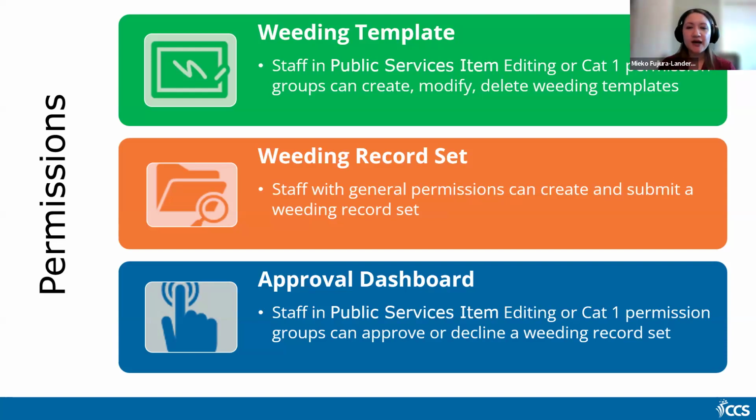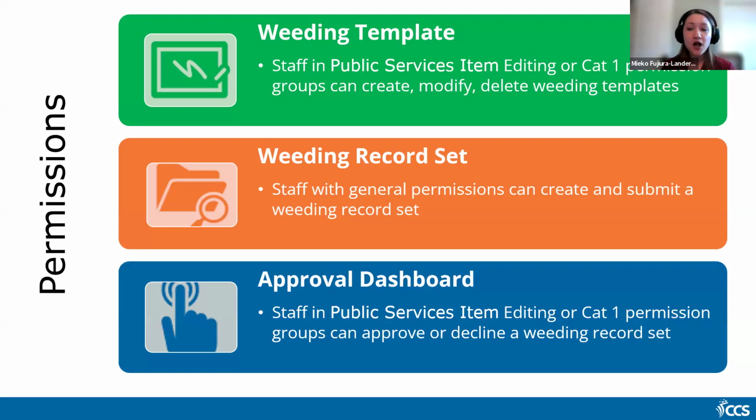But before that, I just want to briefly mention permissions, right? So who can do what with these tools? Staff in the item editing or the cataloging one permission groups can create, modify, and delete weeding templates. Staff with general permissions can create, modify, and submit a weeding record set. And then again, staff in the item editing or cataloging one permission group can approve or decline a weeding record